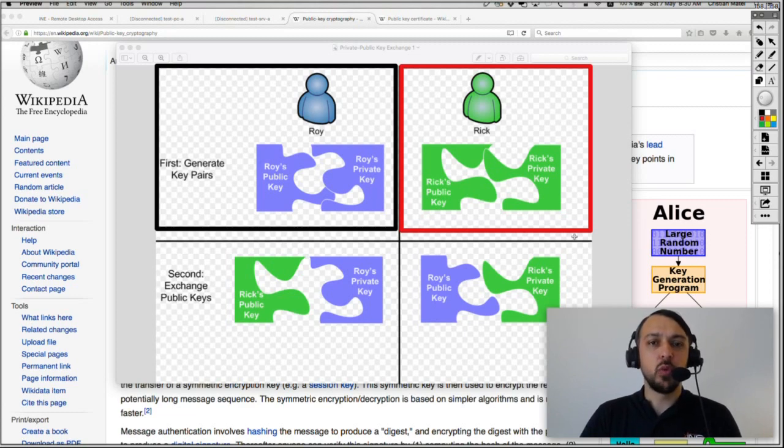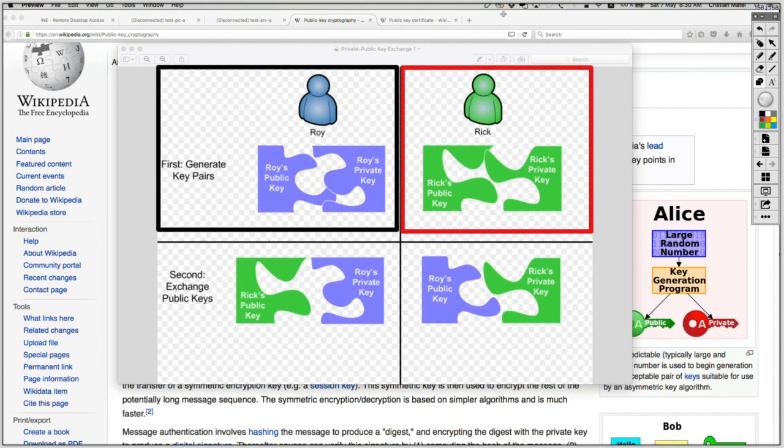So there is no way that one private key could pair up with two public keys, or that two private keys can pair up with two public keys. It's always a unique one-to-one pair of a private key to a public key, a unique association. So then what happens is that in order to use the private-public key pair to provide confidentiality, authentication, and integrity, or whatever we want to provide,